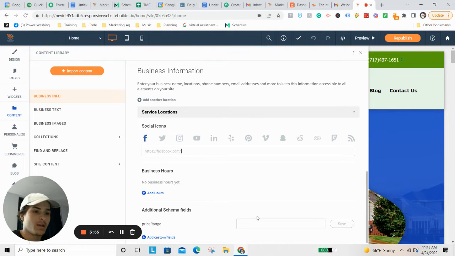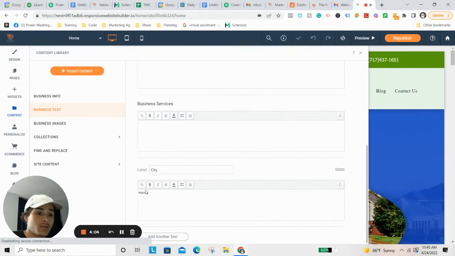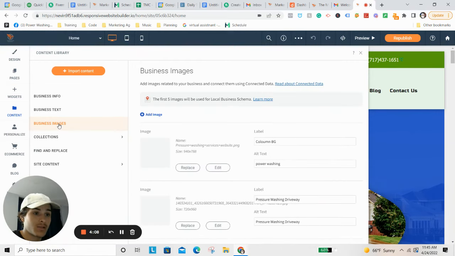Good idea to add your business hours and your price range for the schema. That's going to help you with your local SEO again. And then one other thing you really want to do is come in here and just change the city to Dallas. And then you can also come to your business images, and this is just a background image, so you